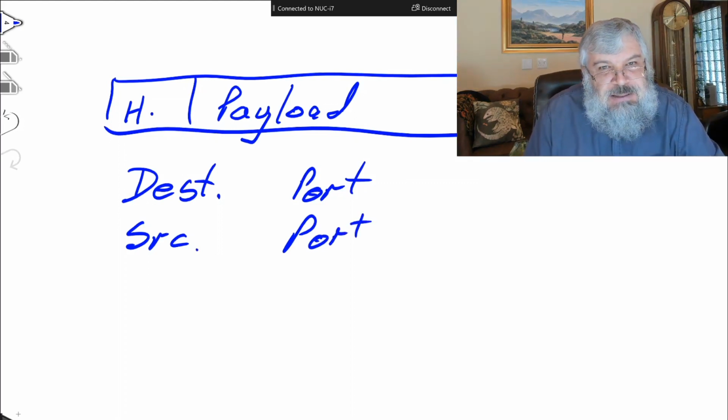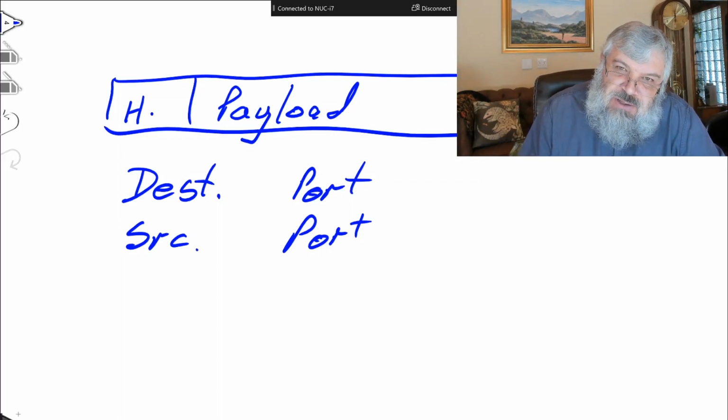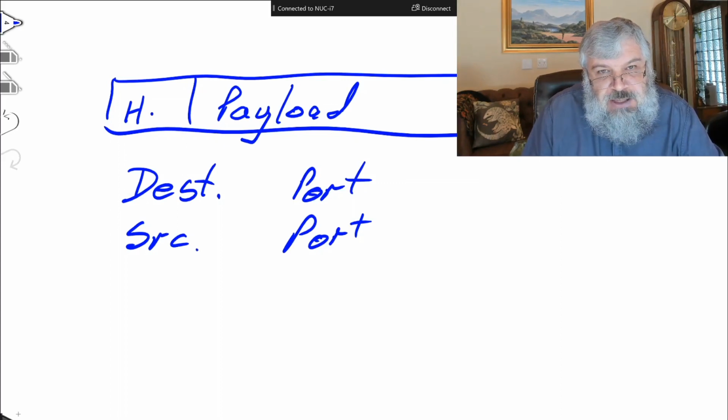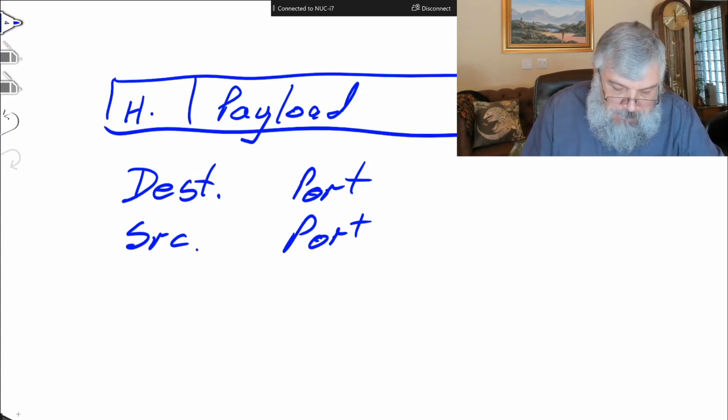They will indicate where this message starts, or rather where it originates from, and where it's going to, so that the recipient can respond to this by just inverting the destination and the source. What else needs to be added here